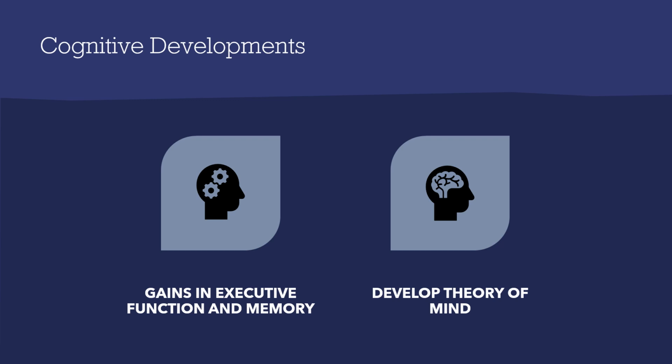Again, a lot of that has to do with the connections that are being made through the cortex, through the hippocampus, all those other areas we talked about. Memory is also improving because they're developing better strategies for memory. So, one example of a test that's sometimes given to test this is you give children of different ages